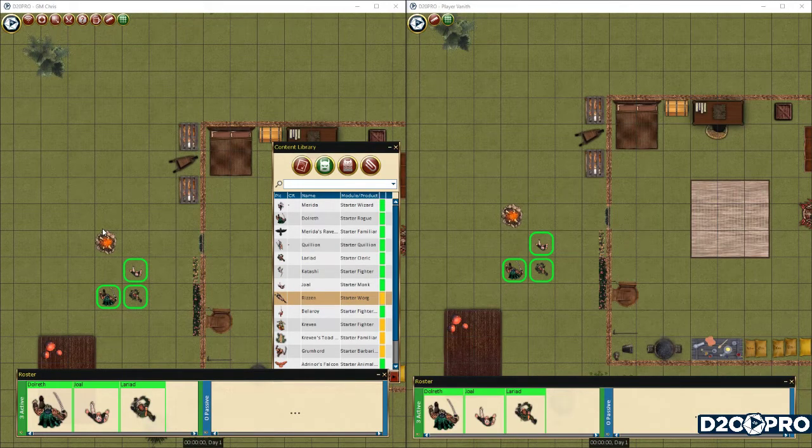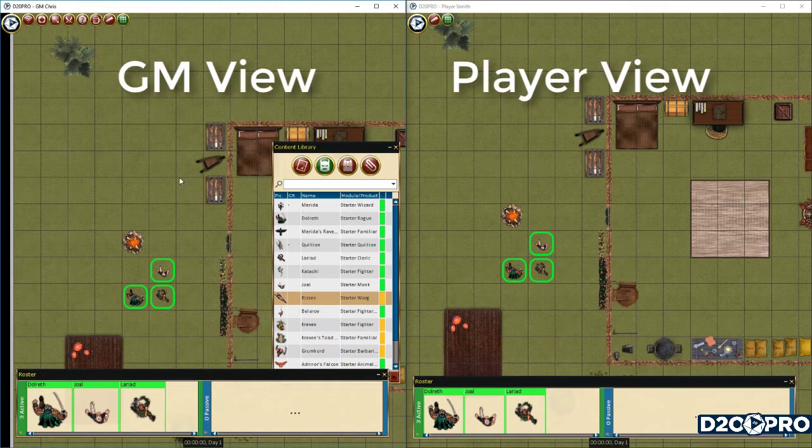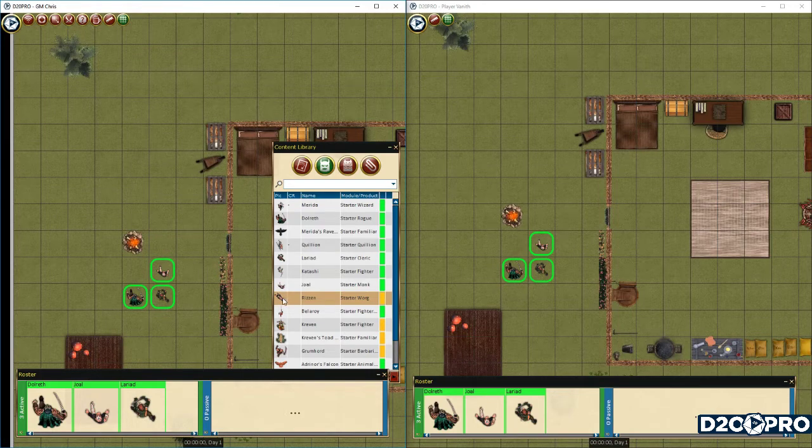We are going to cover basic visibility to players. On the left side, we have the GM client. On the right side, we have the player client. Now, what we're going to do is set up a brief encounter. We're going to put a warg. We're going to drop him here into the actual player's view, so that way they can see what's